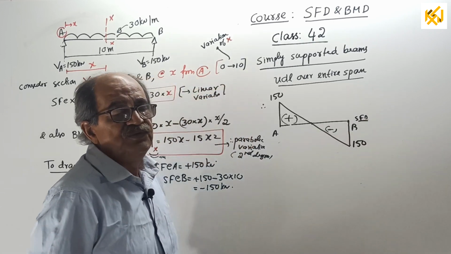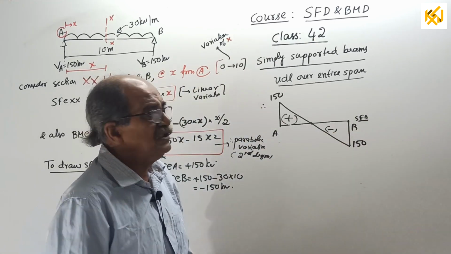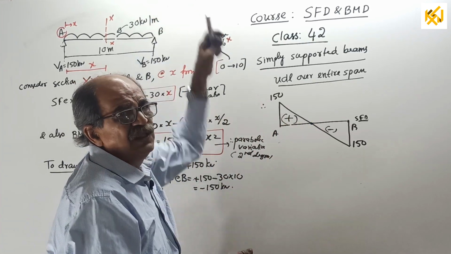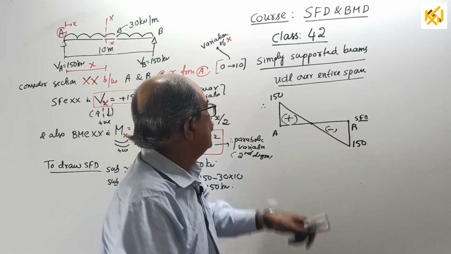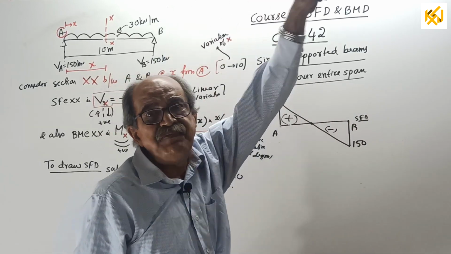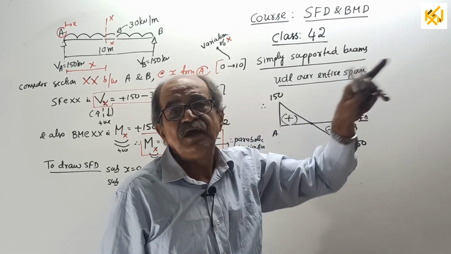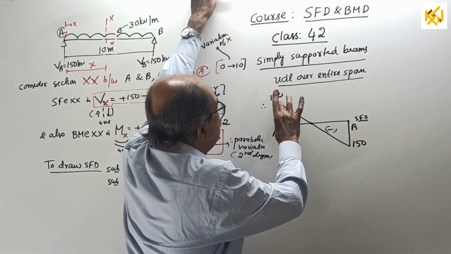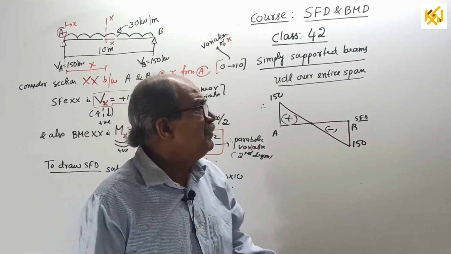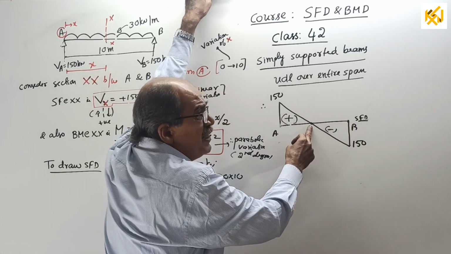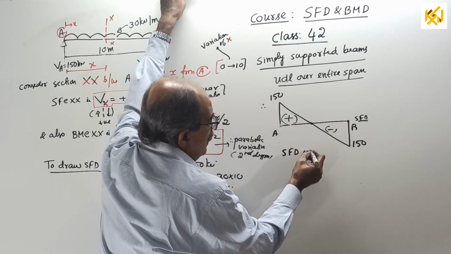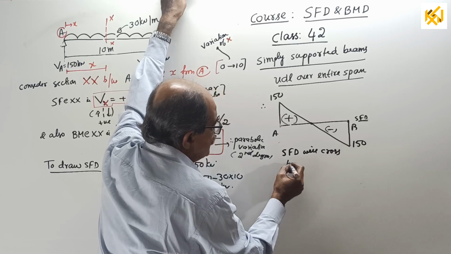Now, the shearing force diagram will cross the baseline. So, this point you have to locate, but it is not required because directly you can tell, no need of wasting time. Sometimes it happens. See, this is 150. This is 150. You know how to locate this point in my mathematical trick class, that is a concept class number 1. I told, suppose this is 20, this is 30. How to locate this point, directly I told there. But here not required because when these two are equal, this should be the midpoint. So common sense, you can write here, SFD will cross the baseline